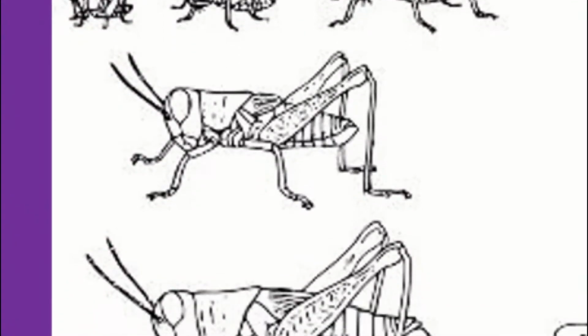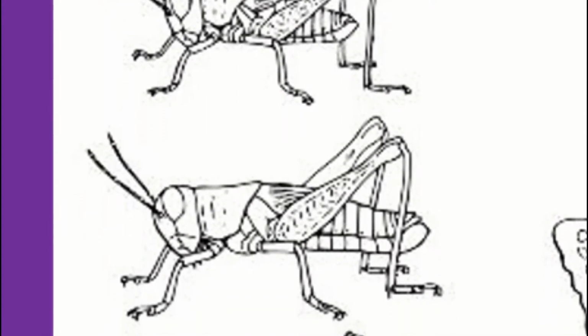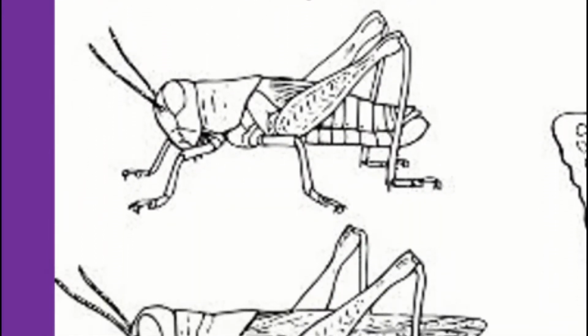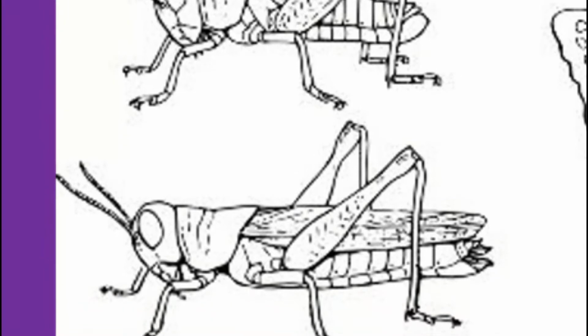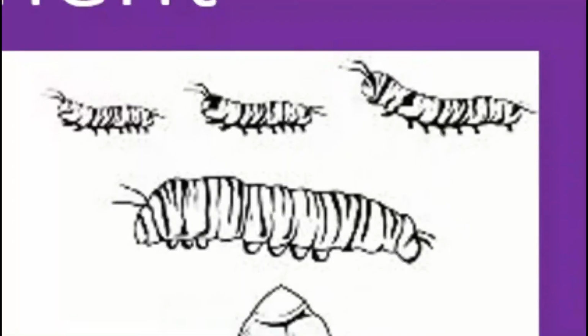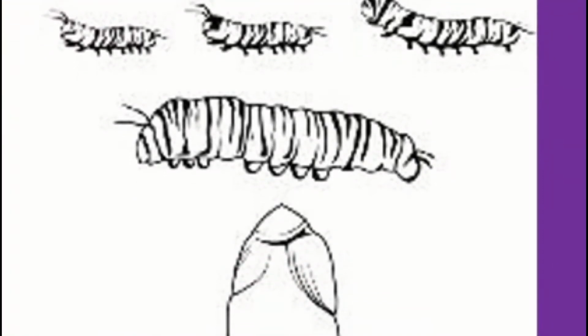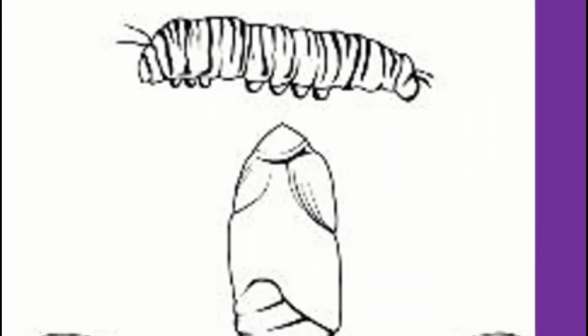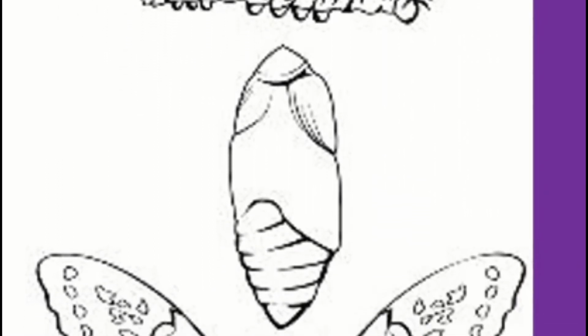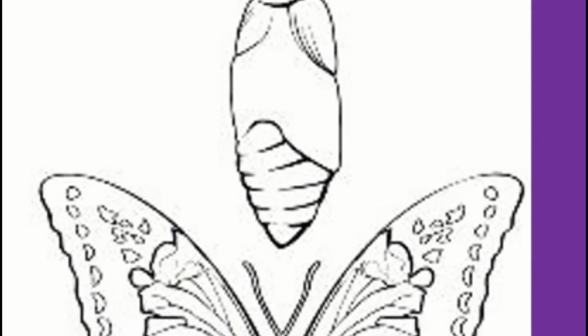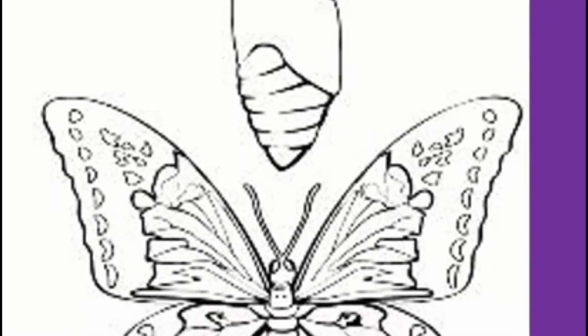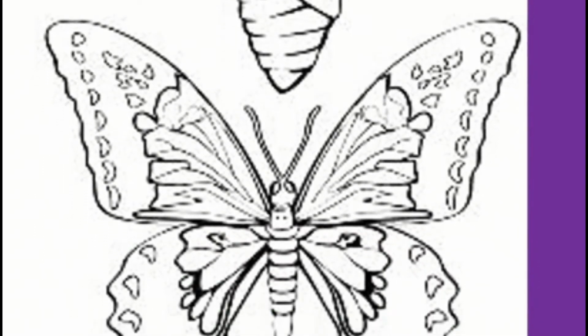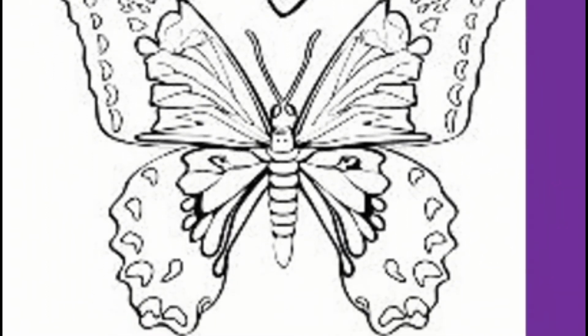Incomplete metamorphosis, as seen on the left, occurs when young resemble miniature wingless adults that get gradually larger with age until adulthood. Complete metamorphosis, shown here, occurs when the young are different from adults in morphology and feeding habits. Eventually, the larvae transform into adults. The advantage of complete metamorphosis is to reduce competition between adults and larvae.